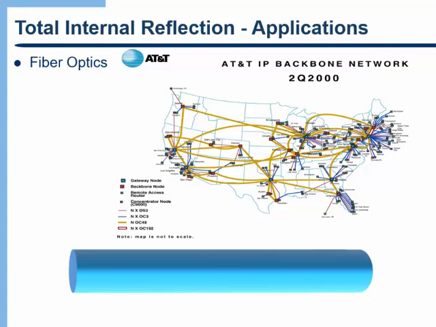So why is it that a tiny thin piece of glass can carry light over such great distances? The answer to that is total internal reflection. Imagine that this is an enlarged version of a fiber optic cable right here, and let's say that we've got light traveling in the cable, and that light gets up to the top of the cable here. Well, as long as the angle that it hits the side with is greater than the critical angle, that light cannot get out of the glass. It simply is going to bounce and come back down,